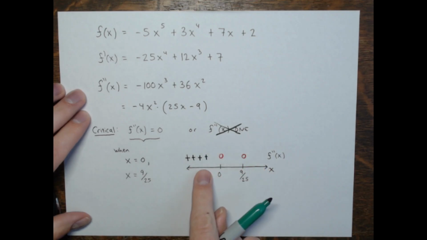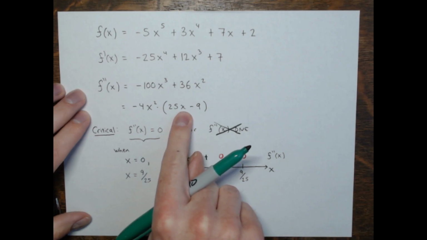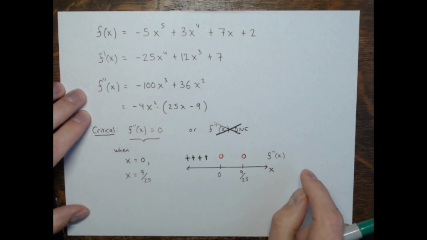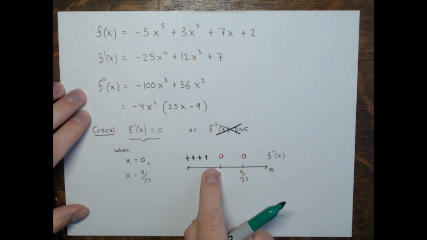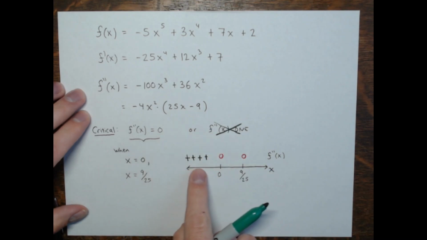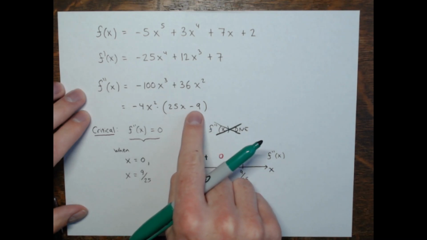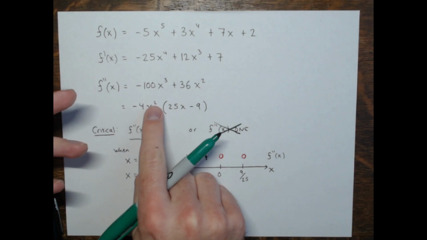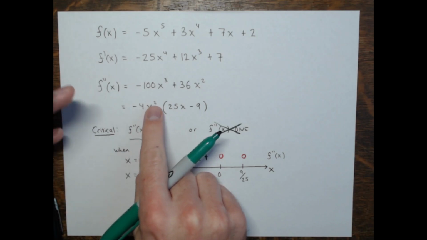Or take, again, -1, -2. No matter what you plug in here, in factored form, no matter what you plug in over here, this will be a negative factor. And you've got -4 making it positive, and then x squared will be positive no matter what, because it's squared,